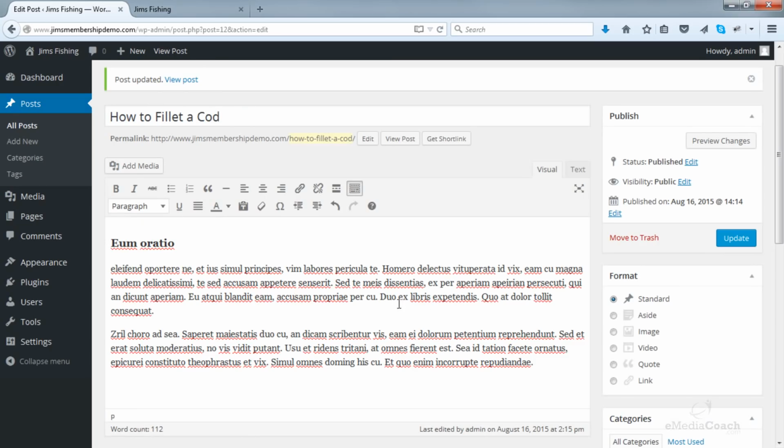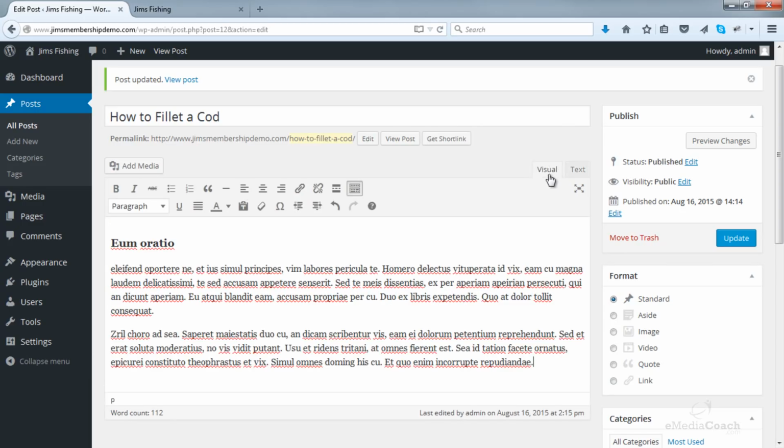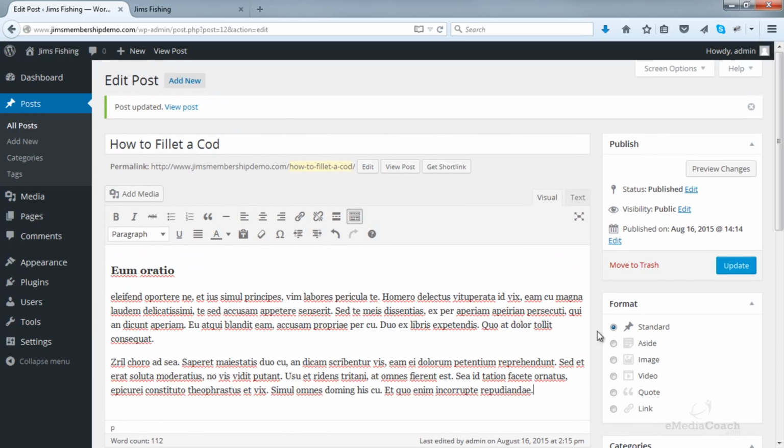Say, for example, you wanted to embed some YouTube video. All you need to do is get the YouTube embed code, go to the text tab, and paste the embed code in the text tab. When you update, that video will be embedded. Now I'll show you all of that cool stuff later on in this tutorial, but that is a brief overview of how to use this content editor, how to add a featured image, and why you need to use posts. And that will be very clear to you in the next section, because now it's time to start setting up the membership side of this website.